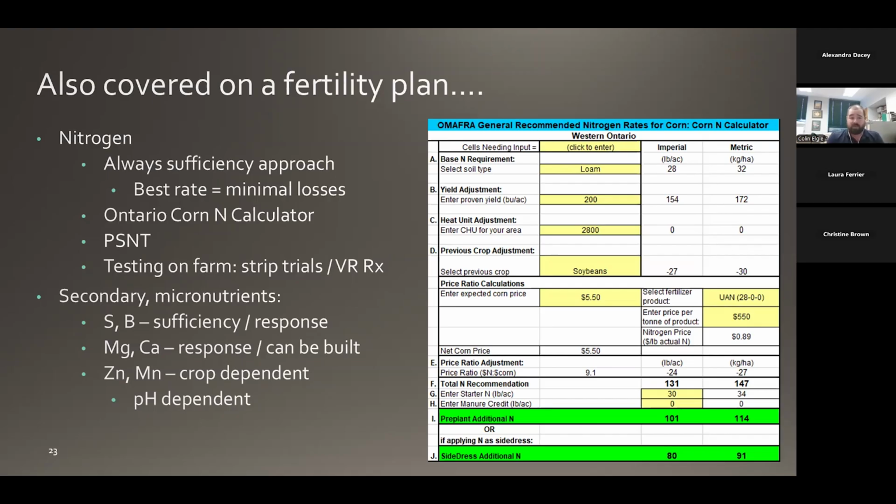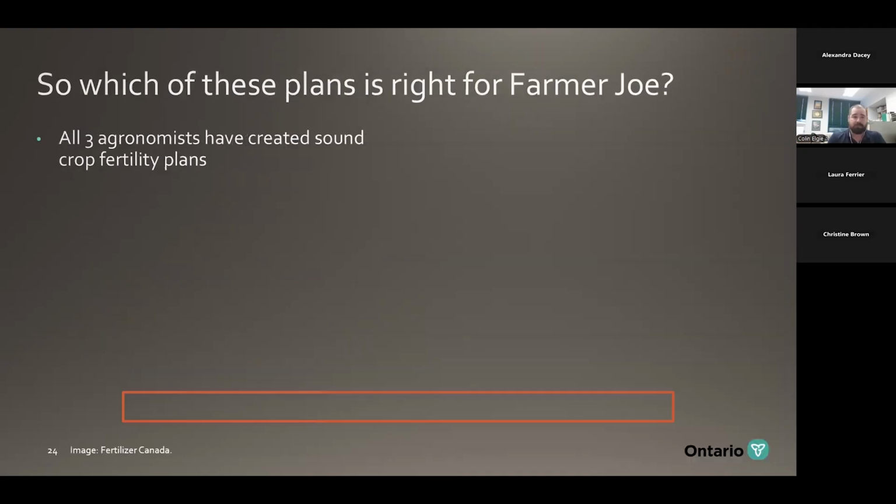And in the case of our micronutrients, zinc and manganese, they are ones that are very crop dependent. So depending on what crop's being grown in there, we may be looking to simply get that response in the year of application. We may be looking more of a long-term plan. And they are nutrients that are very pH dependent. So in really all of our fertility plans, that pH is so critical that it should be the number one thing that we're focused on if we're in an acidic soil type.